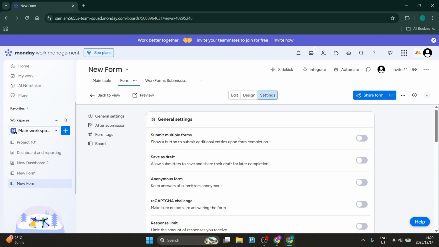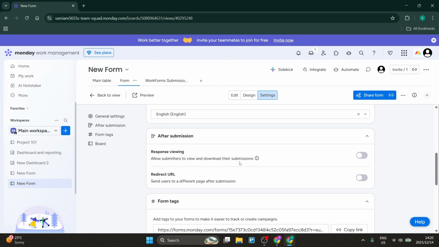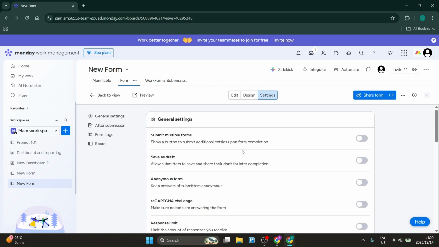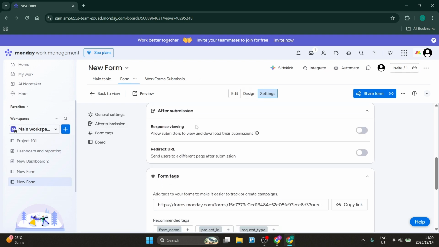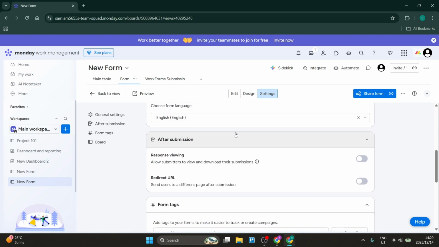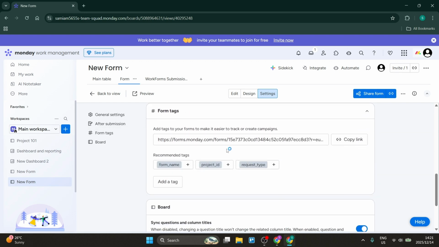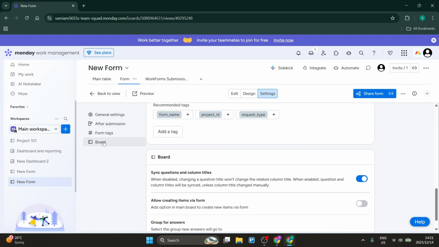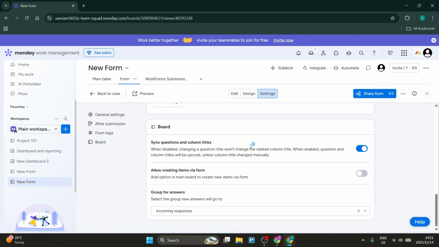So we've got general settings. As you can see, there are numerous options for you to go through, read through, and see what actually works for you. Here are some after submission options, some form tags which you can add in here, and then your board settings as well. Now once you're done, you can go ahead and you can copy this link and you